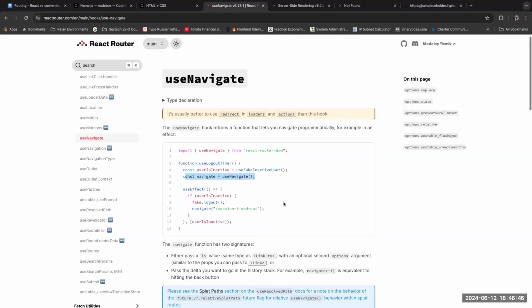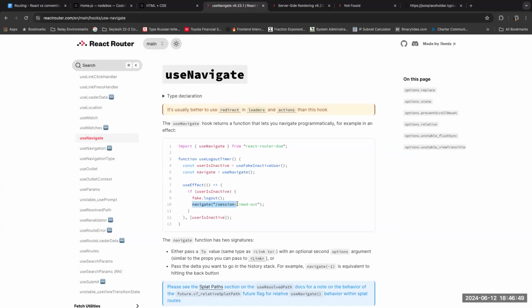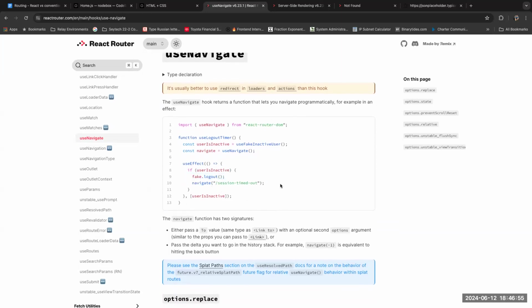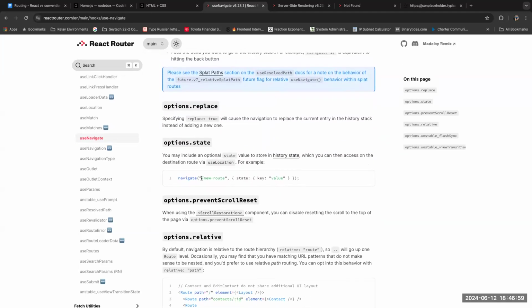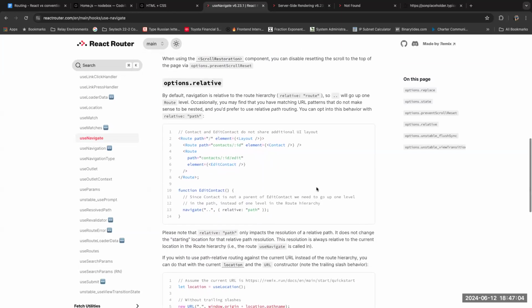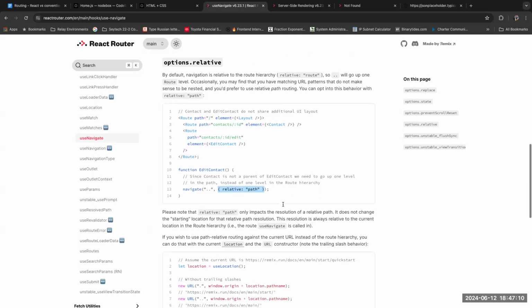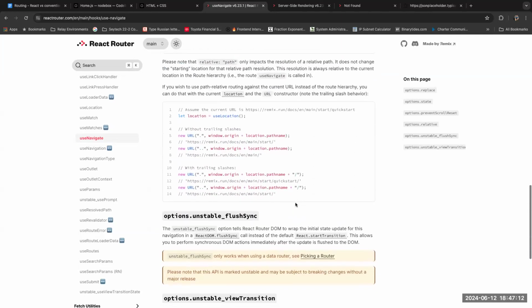Constant navigate, use navigate, and we can navigate to session timeout, blah, blah, blah. If user is inactive, fake logout, and we're navigating the user to session timeout. Navigate to new route, state key value. There are different use cases. You can provide additional options to provide additional stuff. But yeah,